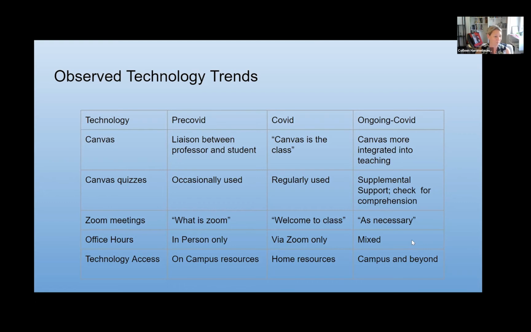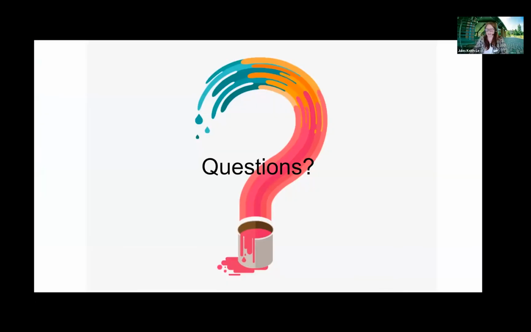Thank you. Thank you so much, Colleen, Ali, and Erica. That was a wonderful presentation. Our final lightning talk of the day is Angela. Angela, feel free to go ahead and share your screen.